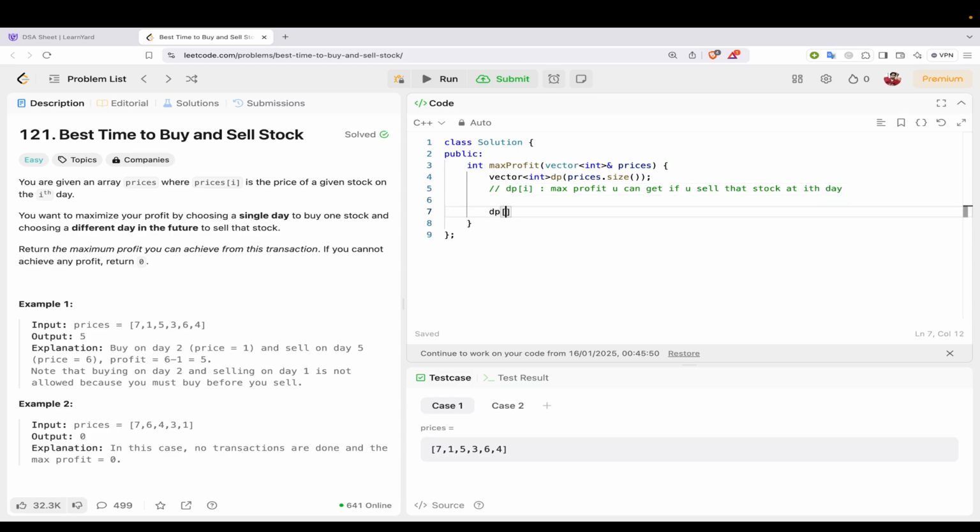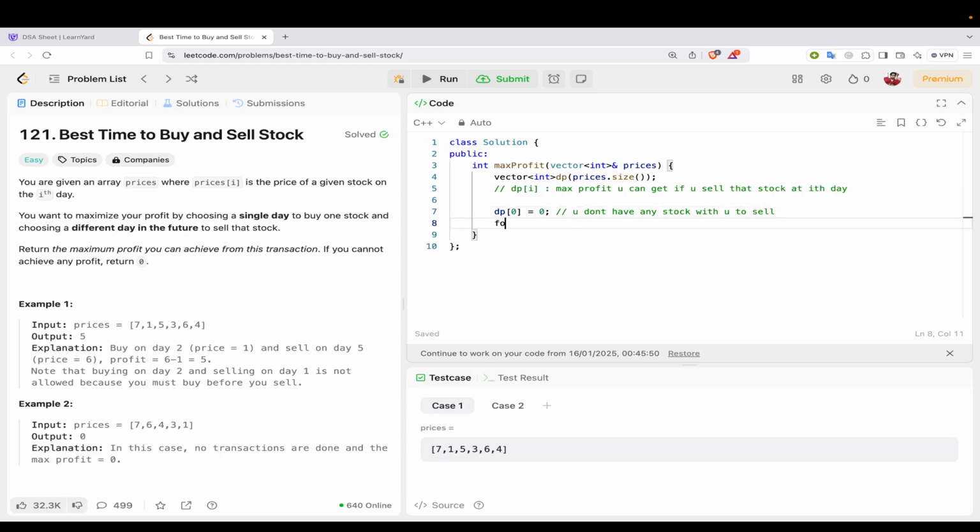Now, if you sell that stock on 0 day, so dp of zero means zero. Why are we writing this? You don't have any stock with you to sell. ठीक है।